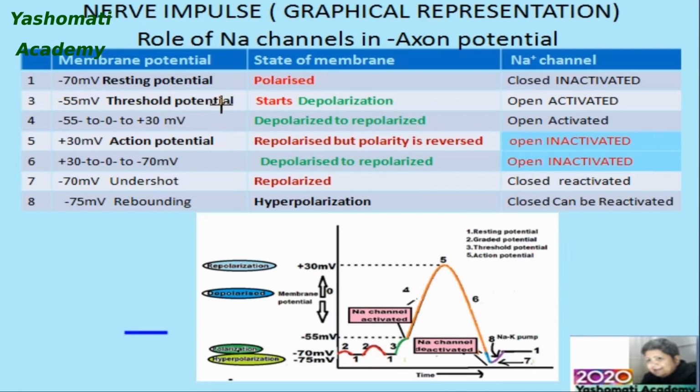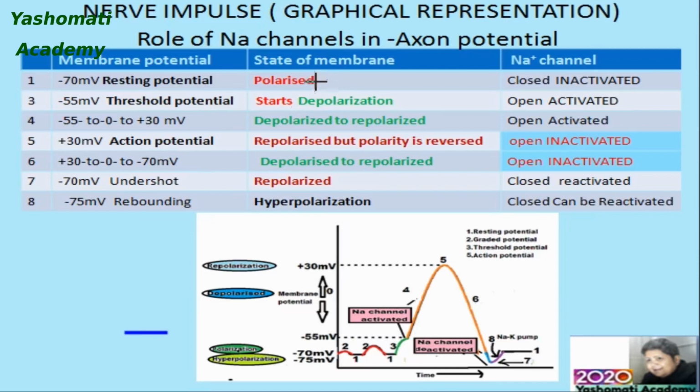So what is threshold potential? It is that potential at which the neuron cell gets activated. And third is action potential, that is the maximum potential which can be present in the neuron. It can be up to plus 30 millivolt. That means that once the threshold potential is achieved, the neuron gets fired and the potential reaches up to plus 30 millivolt, which is the maximum potential present in the neuron. This potential is called the action potential.